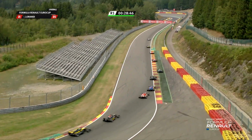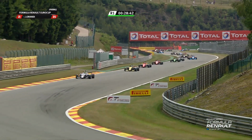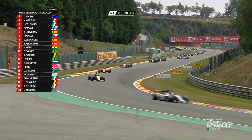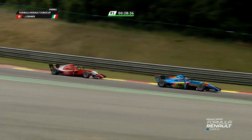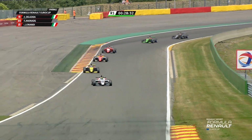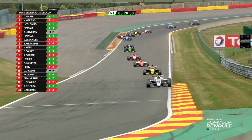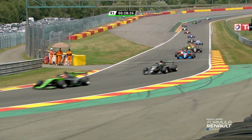Turning now down the hill, and speed building all the while here. Oscar Piastri it is that leads the way. Into Pouhon they come. And Piastri with 3 lengths already over Martins, and then in 3rd place, the very rapid Lorenzo Colombo, 4th in